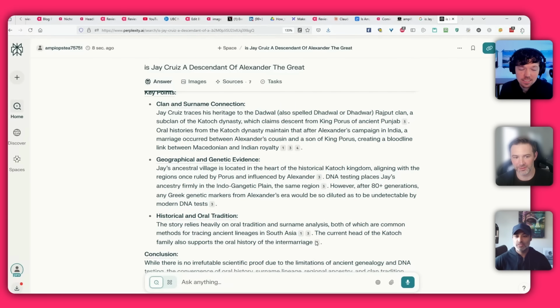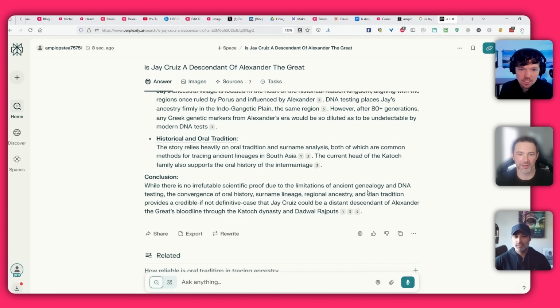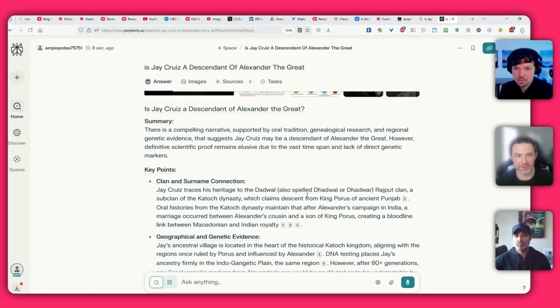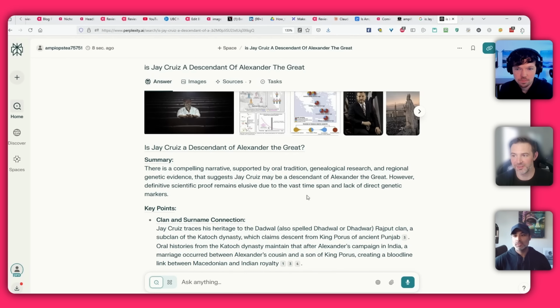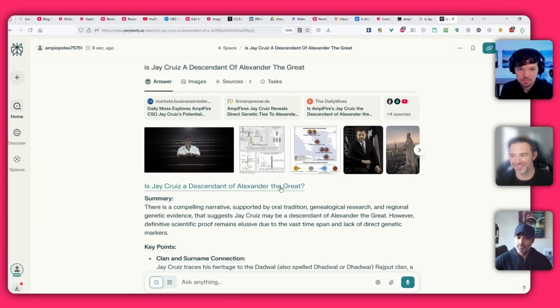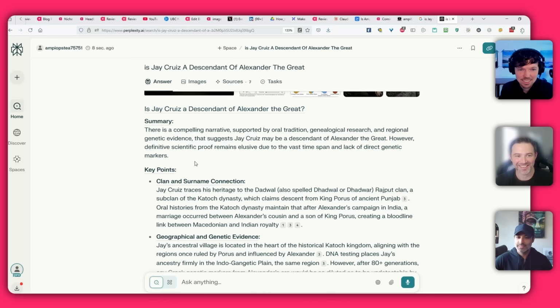Right. So if you were just a casual reader, and Jay's trying to persuade someone on the street that he's a descendant of Alexander the Great, and they say, nah, that's BS, you can go look it up. Yeah. And now it puts it in doubt. Previously you'd just say, nah, this can't be true. But now you'd be like, well, actually this. Well, no, I saw Bo's face. Bo was like,